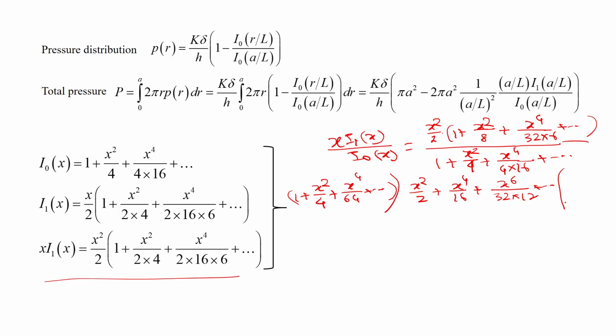Now let us multiply it by x square by 2 here, so it is x square by 2 plus x to the power 4 by 8 plus x to the power 6 by 64 into 2, so whatever it is, 128, like this. Subtract it, minus minus goes, so it will be minus of x to the power 4 by 16, and then